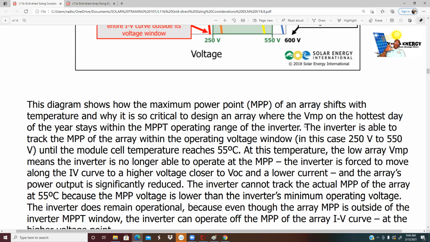The inverter is able to track the MPP of the array within the operating voltage window, in this case 250 to 550 volts, until the module cell temperature reaches 50 degrees Celsius. At this temperature, the low array VMP